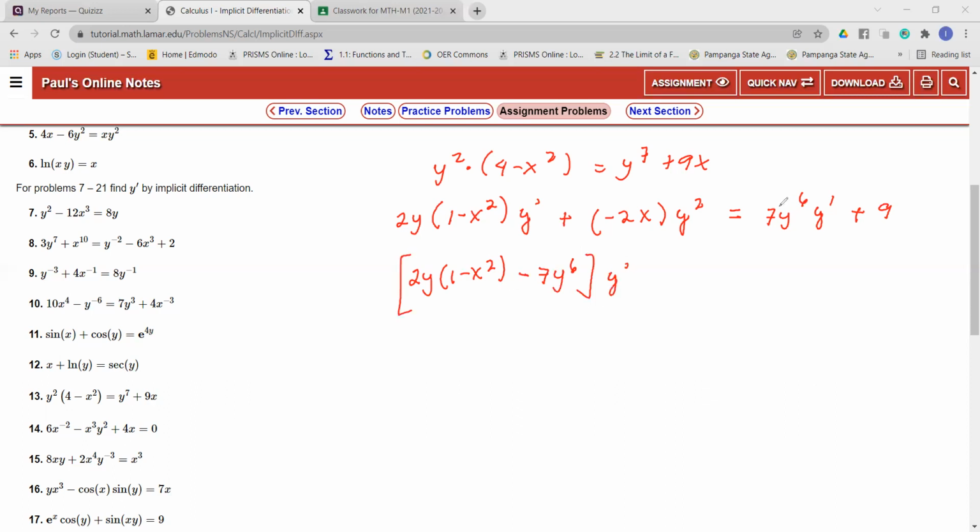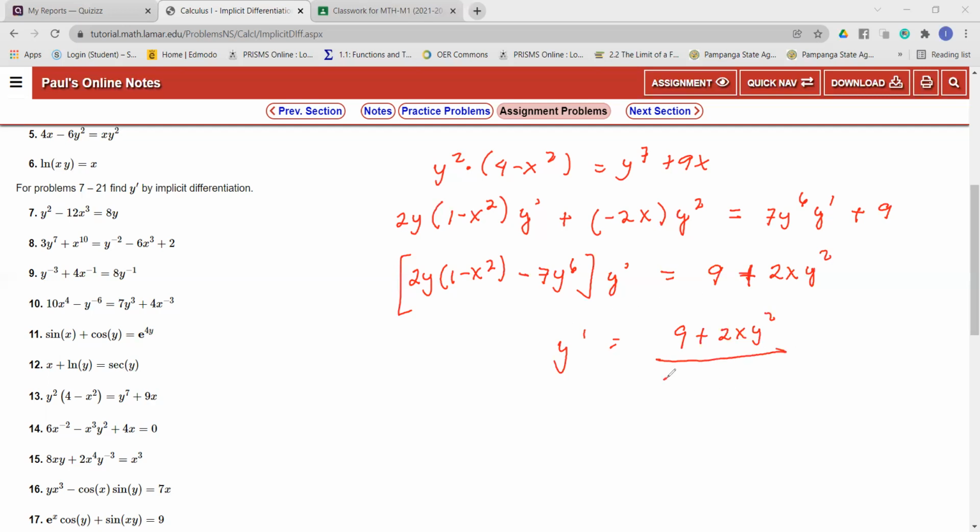Ito clear sa inyo, no? I-transfer ito sa kabila. Pinactor out ko yung y prime sa lahat na kasi na may y prime. And then sa kabilang side naman, yung 9. Since negative ito dito sa side na to, so pag lumipat siya magiging positive. So, plus 2x y squared. Ayan. Then dividing both sides kung ano naka kay y prime. Kaya ang y prime na lang natin will be, para makancel out, parang lilipat lang sa baba dito. So, 9 plus 2xy squared all over